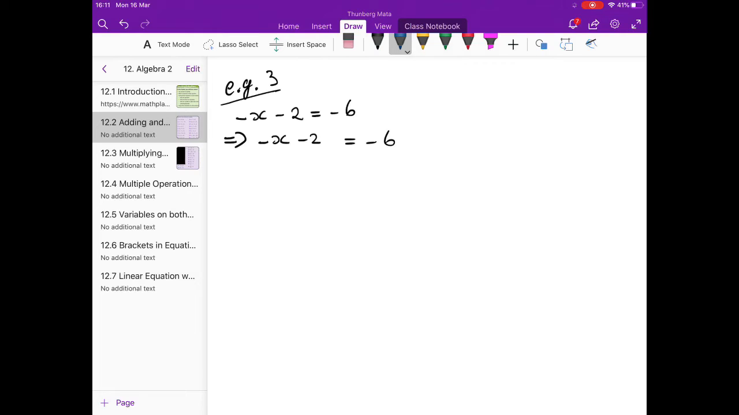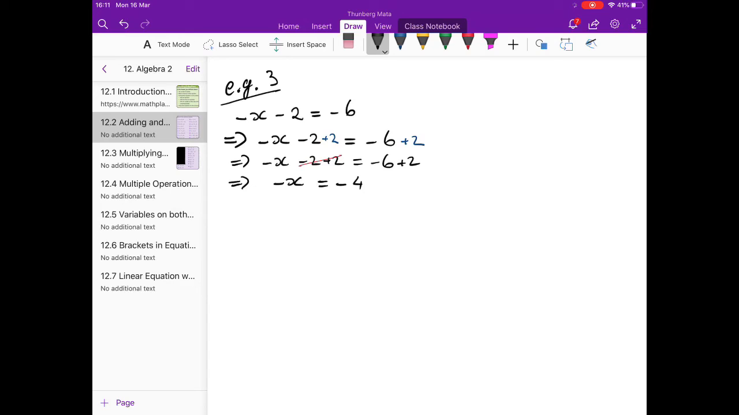Well, I have a negative 2 here, so if I add 2 to this side and add 2 to this side, those negative and positive 2 will cancel each other out here. And I'll be left with x alone on that left-hand side of the equation. So I have negative x is equal to minus 6 plus 2, which is equal to minus 4. Because I have a negative 6 and I'm adding 2 to it, it's going to become less negative,